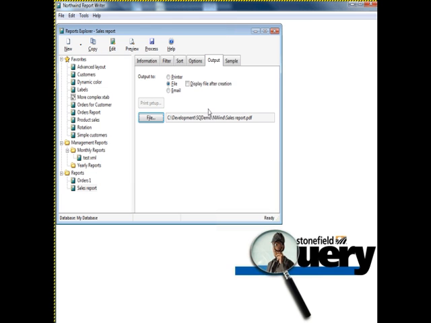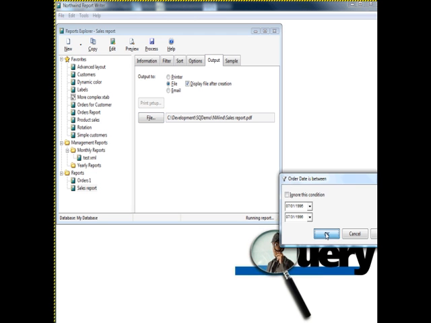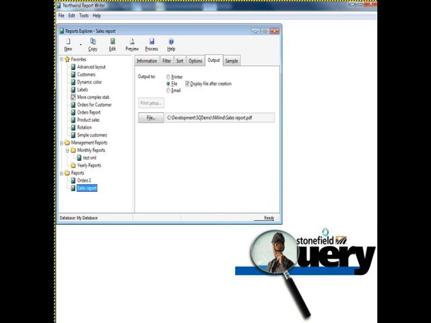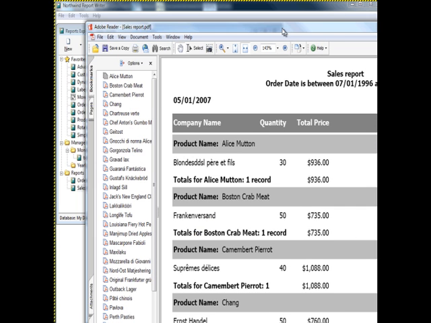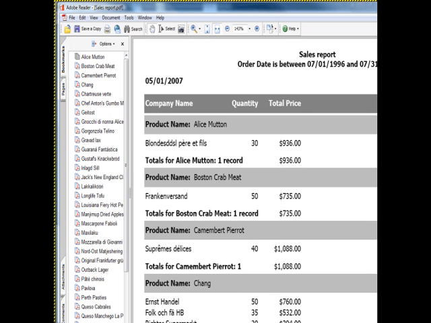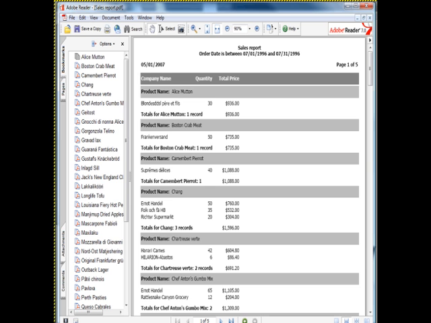Let's do a PDF file. So I'm just going to run this again. Again, it prompts me for my date range. And this time, instead of outputting to the screen, it's actually outputting to a PDF file. Here's that PDF. Let me just shrink it down a little bit here. Here's that report as a PDF. You can see it looks exactly the same as it did when we previewed it, including the table of contents